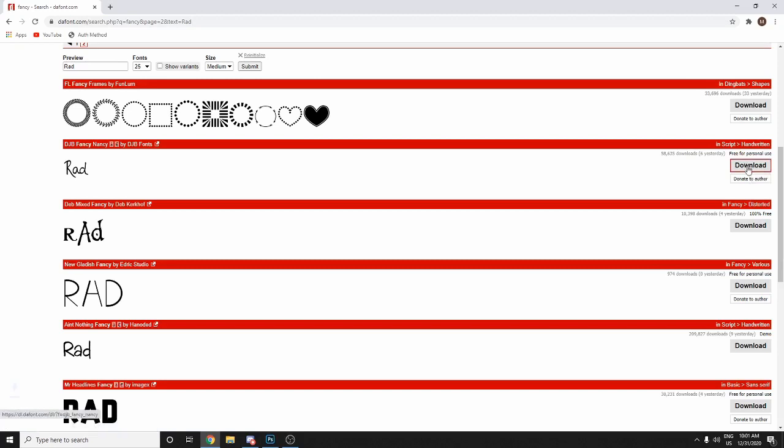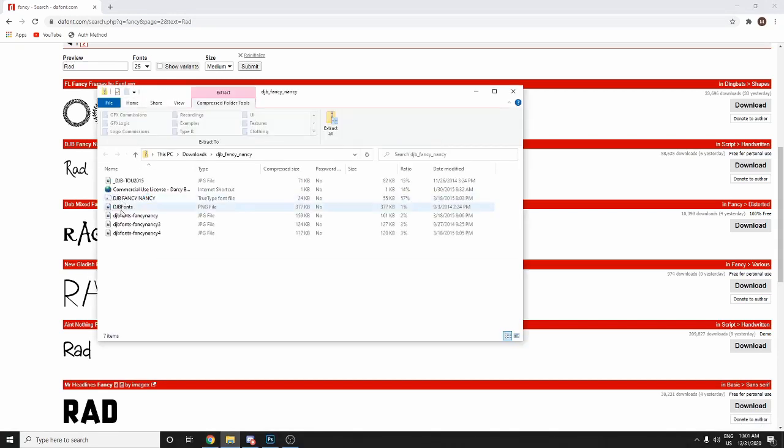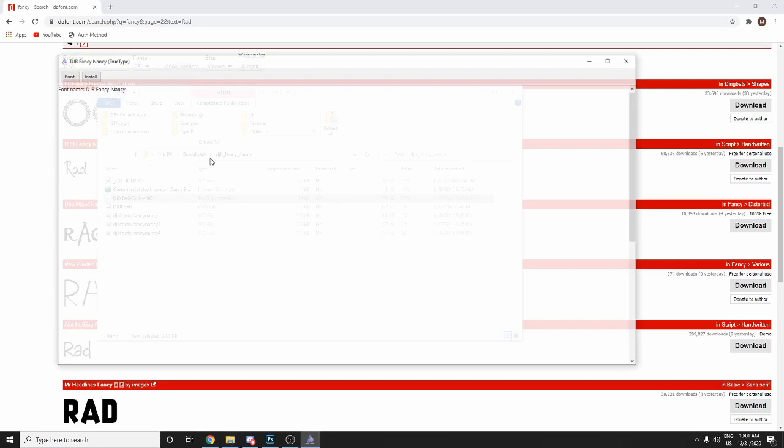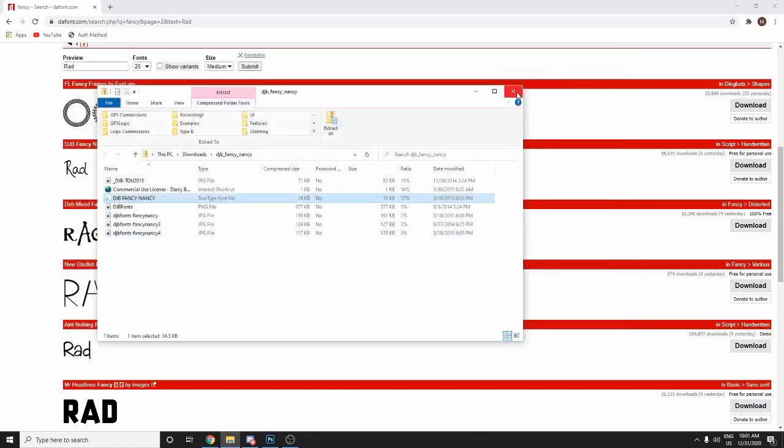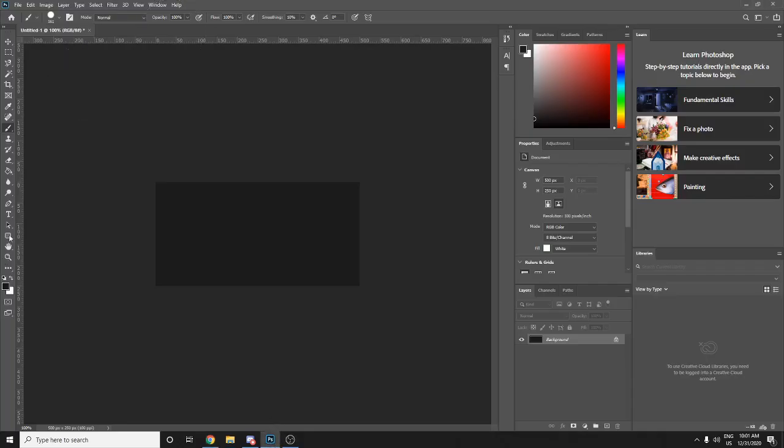So just press download, wait for it to download, open file, then find this TrueType font file. This is the type of the file, and then just go install, and that's it. So now go back to Photoshop, select the text tool,